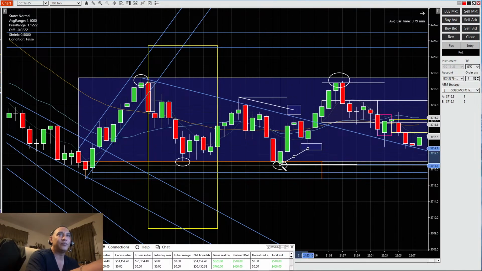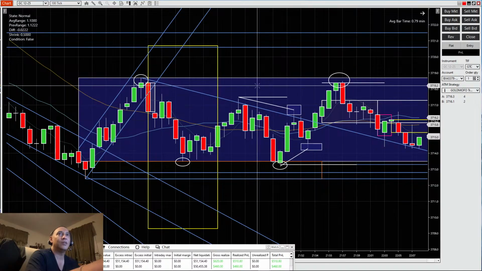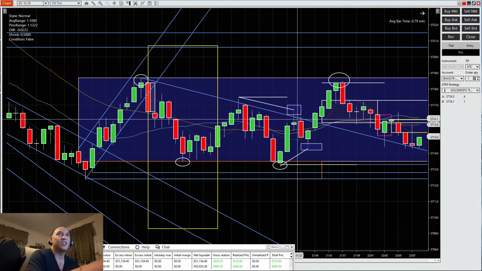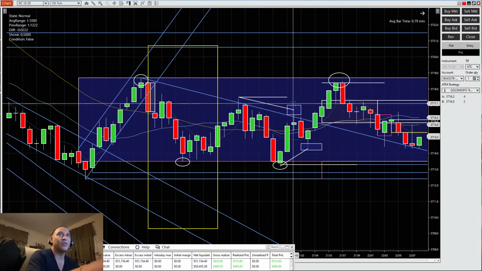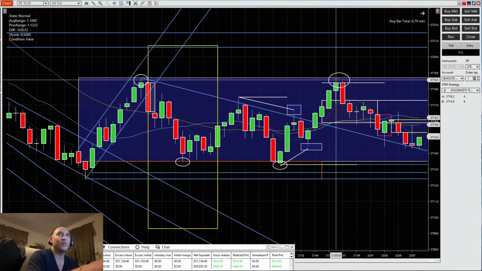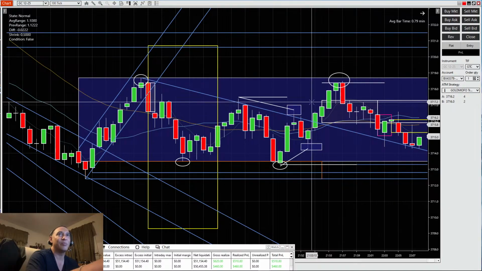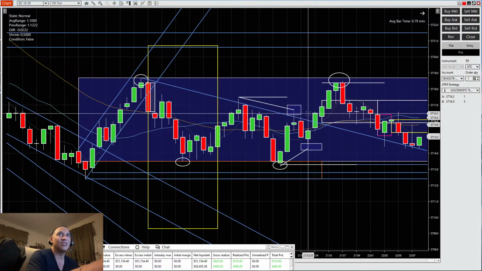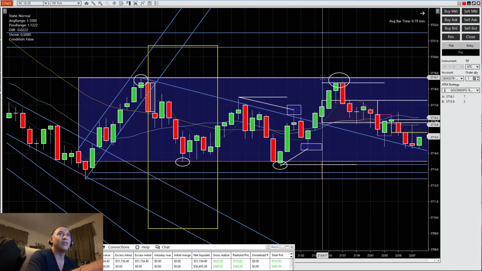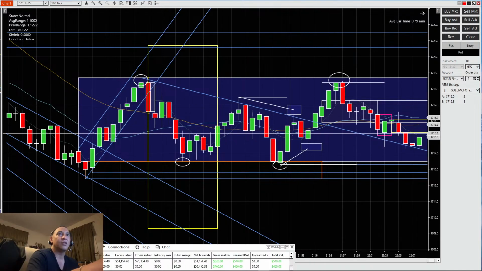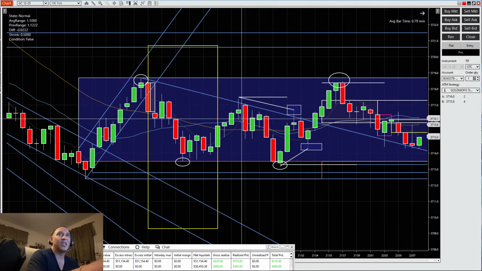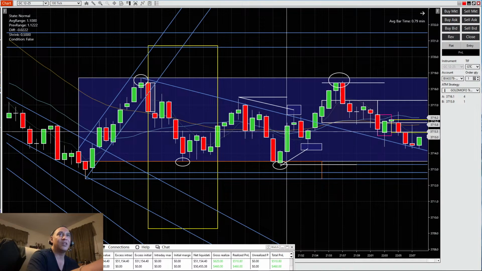And then once it does that, it makes a much more powerful move to the upside there. If you go high and then low, that means it's going to be a powerful move to the upside. If you go low and then high, it's going to be a powerful move to the downside, because you're basically compressing that move and doubling it. And so, boom, you go up from here,